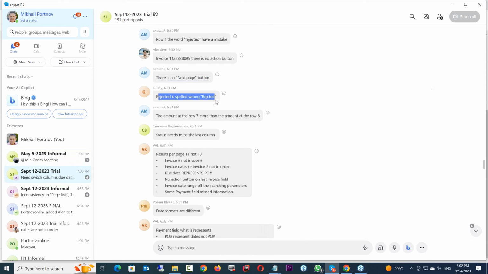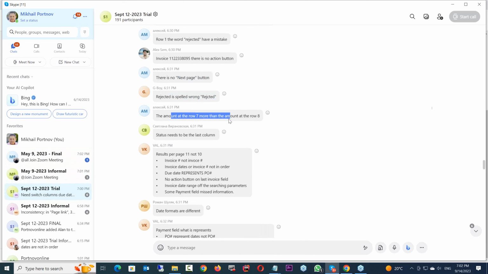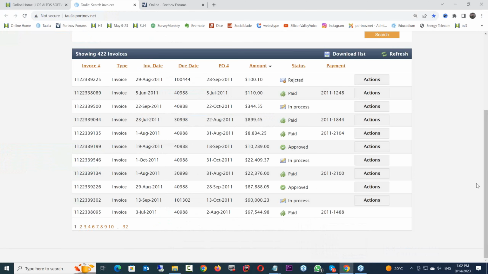Third time, rejected is spelled wrong. Okay. Amount of the row 7 more than an amount at row 8. Aha. The idea of that bug report is that even though the amount column is sorted, whichever way it is sorted, that sorting order is broken. Because it goes from smaller to larger, and then 22,409 is larger than 22,376. So basically,